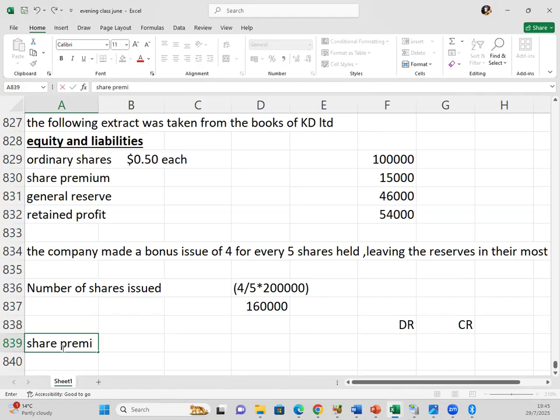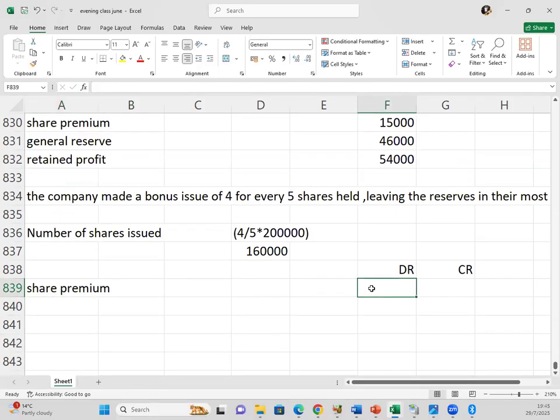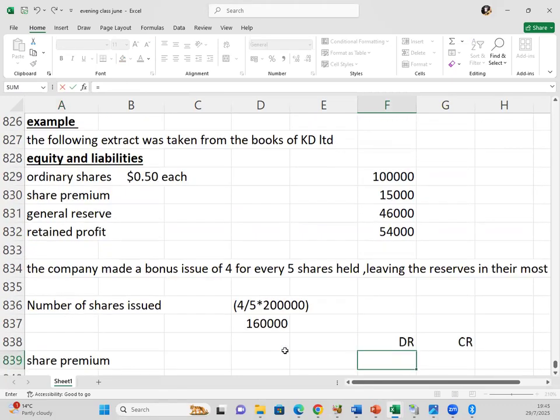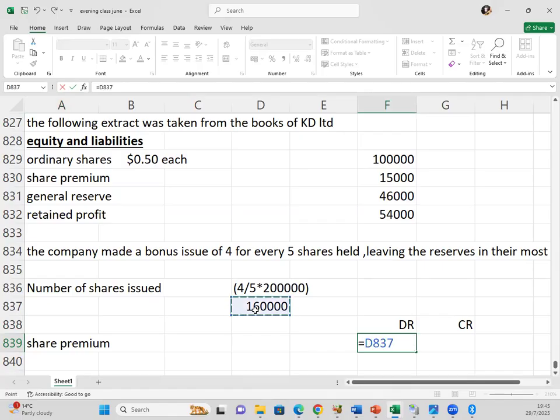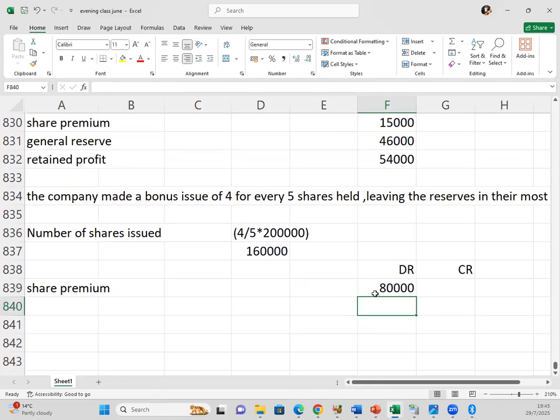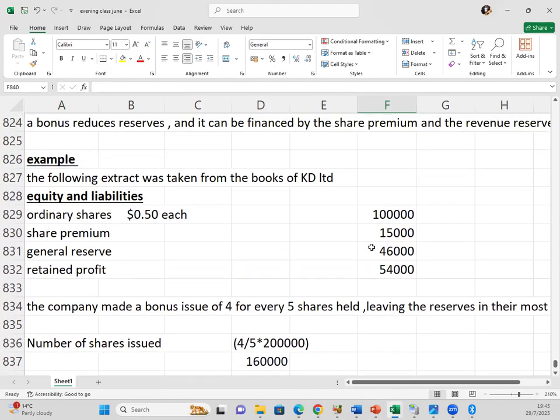So you start with the share premium. If the share premium has enough money, we can just debit the share premium alone. But let's check. The shares that we are giving as bonus shares is 160,000 times each share is for 50 cents. So it means we are supposed to debit 80,000, but we cannot debit more than what is in the share